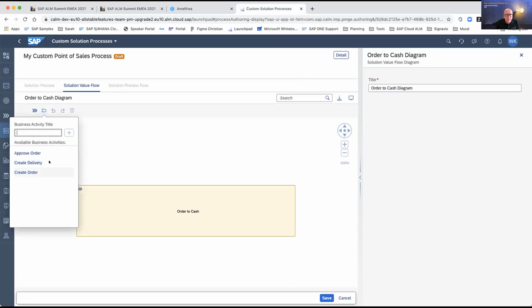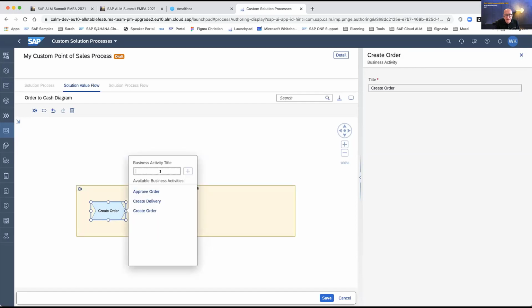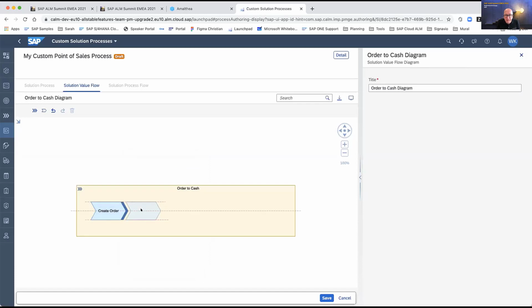So I could say, for instance, this is about creating orders. Let's create something additional: this is about collecting revenues if we are at point of sales activities. And now I can describe at a high level the scope of my process.